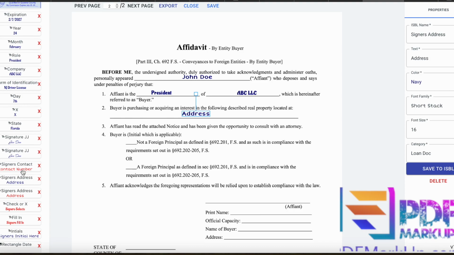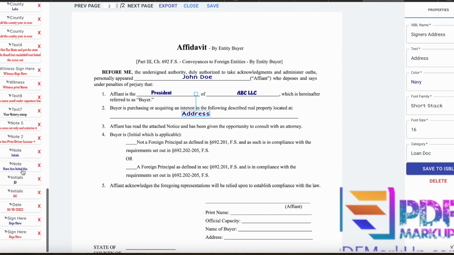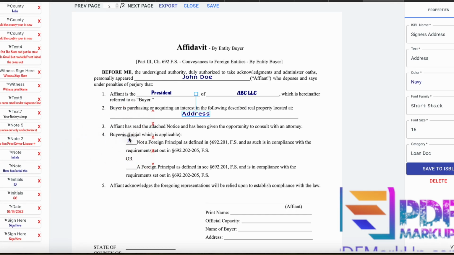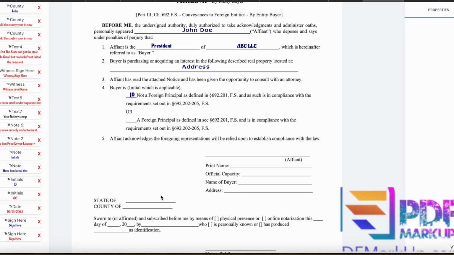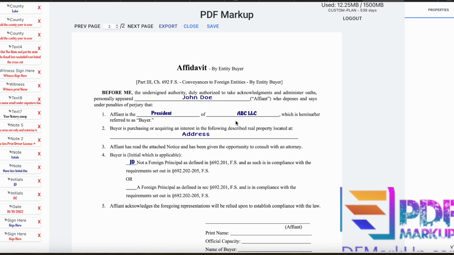And they're going to initial with their name. So we're going to go ahead and initial JD. Okay. Then the affiant acknowledges the foregoing representation will be relied upon to establish compliance with the law. And then you tell them, once you're done, you're going to go ahead and sign. Then you say to them, so basically you would say to that, this is your affidavit of entity buyer,